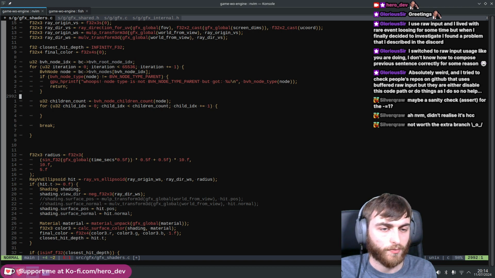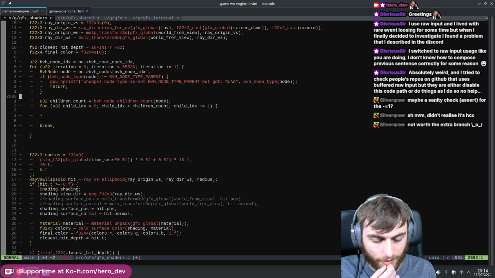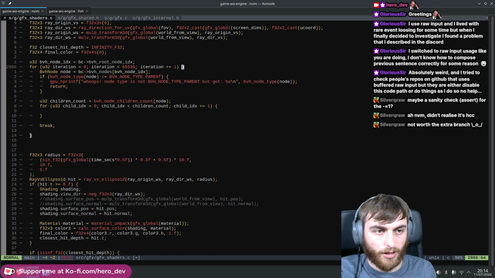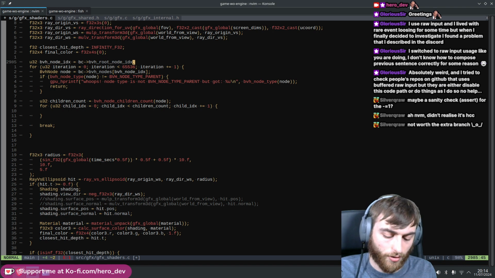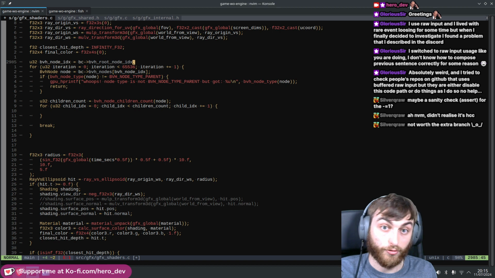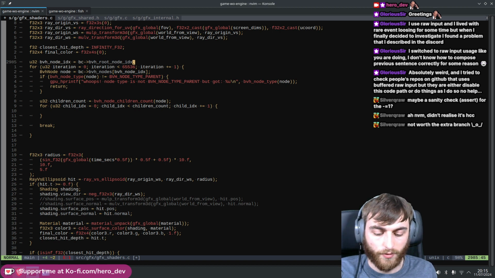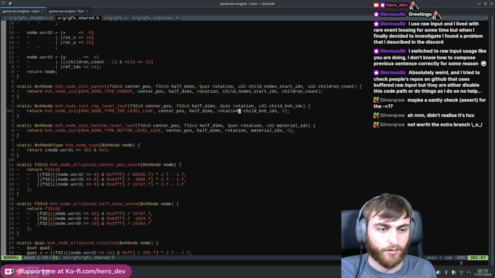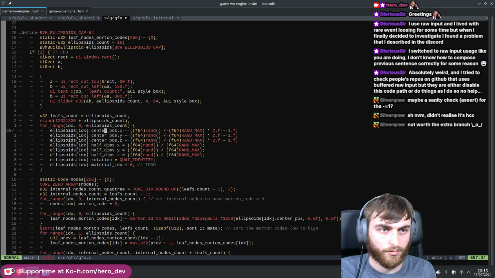Wait. I didn't want to go down to the child nodes yet, did I? Because this root node is going to hold the number of children at that root node. Crap. In the root node index, we should probably store the number of children in the high bits. First, the top couple of bits. So we should probably say